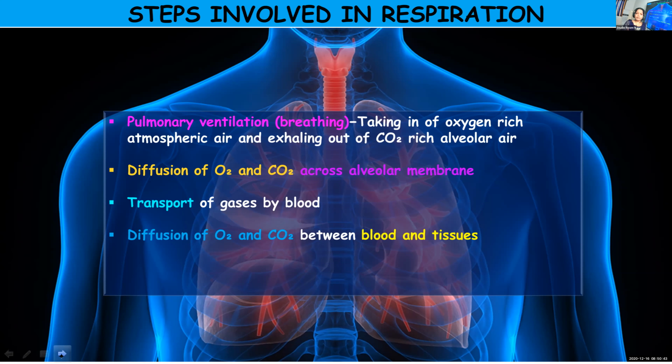So when you breathe in, when you're taking in air, when you're taking in oxygen, it finally reaches the alveoli, the site of exchange. So your alveoli get richly supplied with oxygen when you breathe in. And this oxygen from the alveoli will diffuse across the alveolar membrane to the blood. So blood will be loaded with oxygen. And at the same time, the carbon dioxide present in the blood will be diffusing out into the alveoli. From the alveoli, carbon dioxide will be expelled out during exhalation.